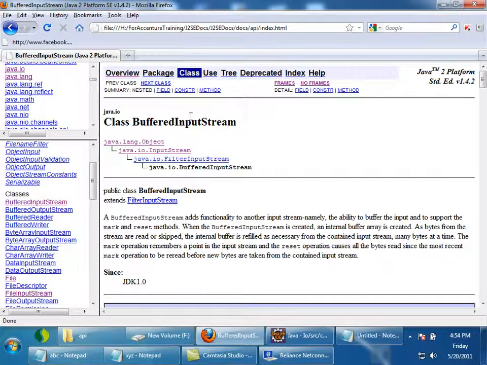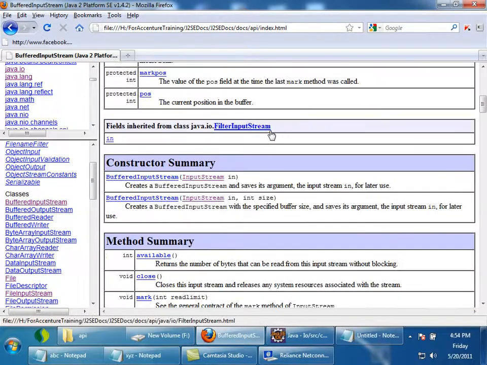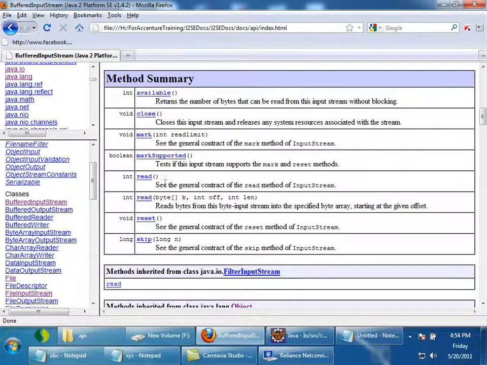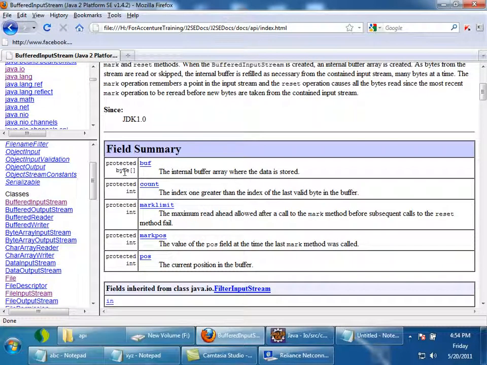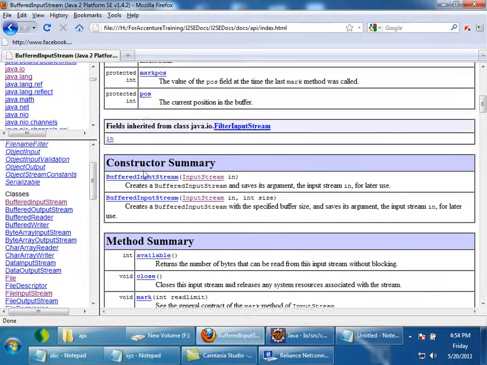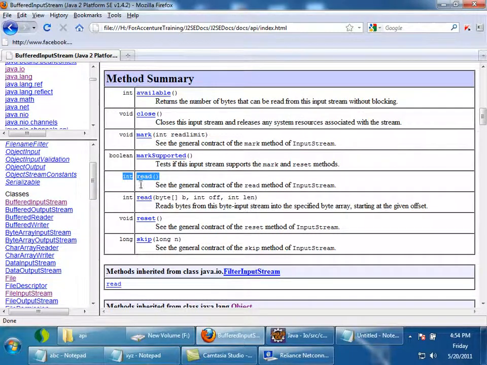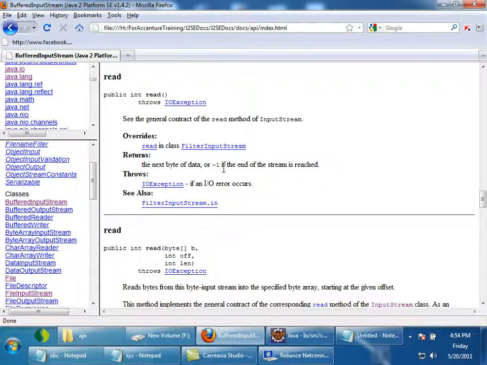Whenever I call the read method, here also a read method is there inside BufferedInputStream. Whenever I call the read method, what will it do? It will try to read 8 KB of data, and then store that 8 KB of data inside that byte array. But what the read method returns is the first byte.